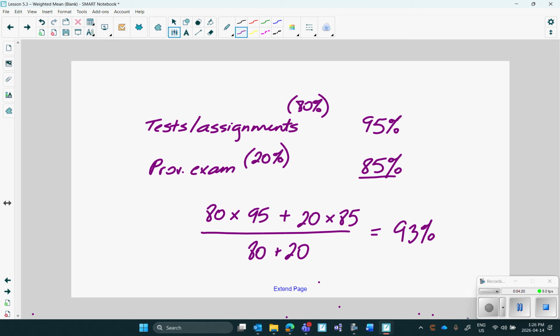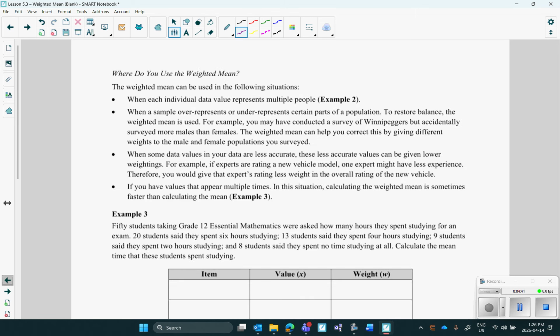Especially in pre-calc, that's a question I often get: if I go into the exam with this, and if I just pass the exam, what's my mark? I get that question all the time. Okay, so